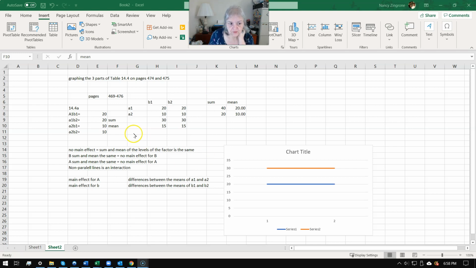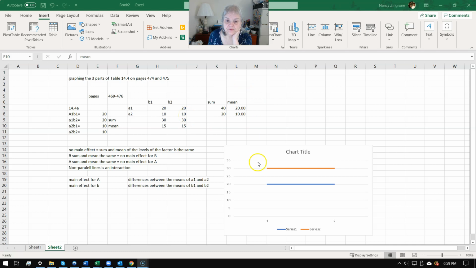So I've set it up with the values in the 14.4 table, part A, to show you what a main effect for factor A and no effect for factor B and no interaction would look like. And the way you tell is you take a look at the mean. So we've got in A1, B1 is 20, A1, B2 is 20, and A2, B1 is 10, and A2, B2